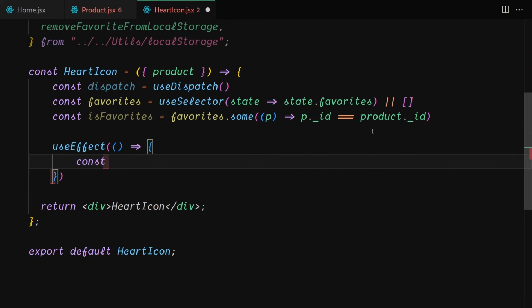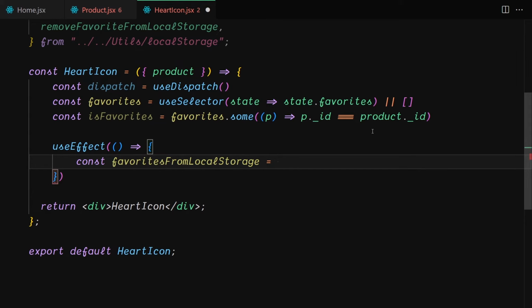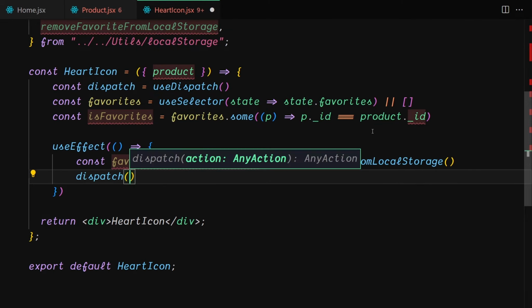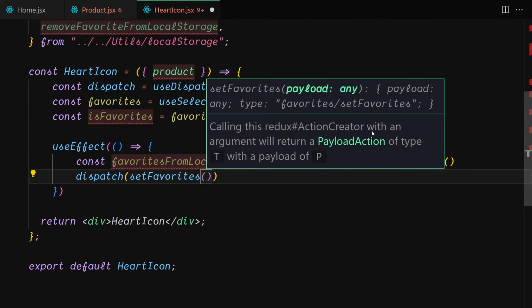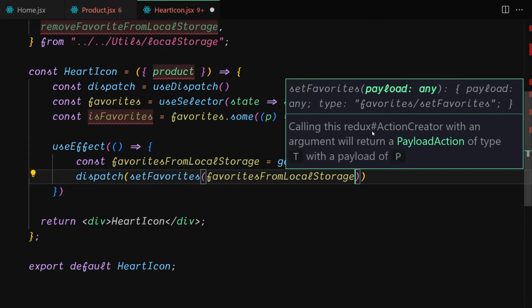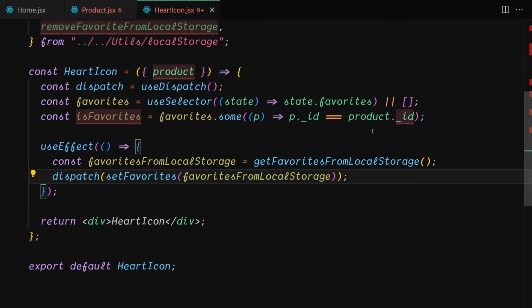We just want to check for the favorites from local storage, and then we have to dispatch to our store. So I'm going to use setFavorites, and it will be equal to the favorites from the local storage right here. Okay, so now I'm going to save this file, and the next thing to do